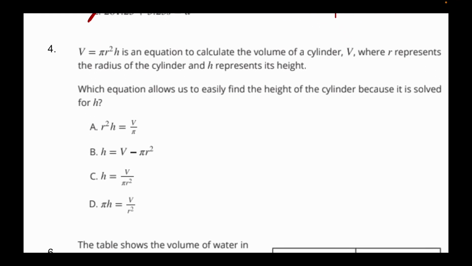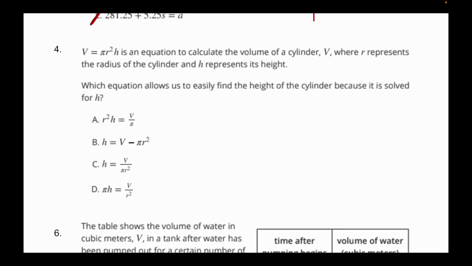That's going to bring us to question 4. We have an equation here. So V equals pi times r squared times h is an equation to calculate the volume of a cylinder, V, and r represents the radius of the cylinder, and h represents its height. Which equation allows us to easily find the height of the cylinder because it is solved for h. So here they actually spelled it out. I was telling you guys that if they say easily find the height, that means solve for h, but hey, because it is solved for h, so they want something solved for h,